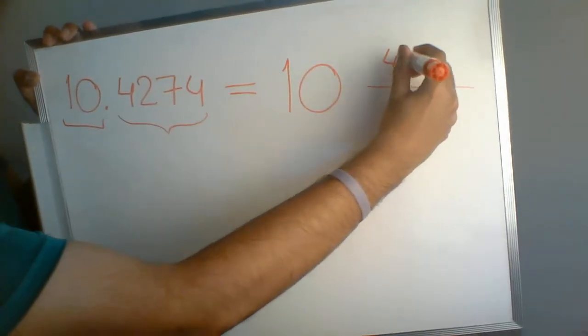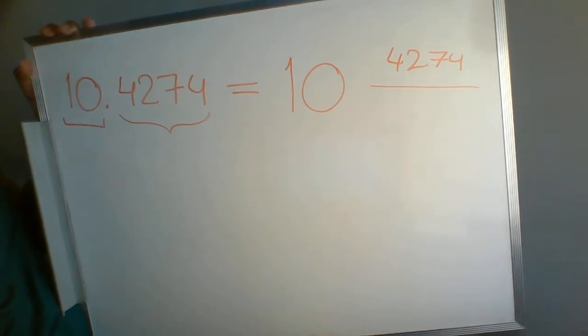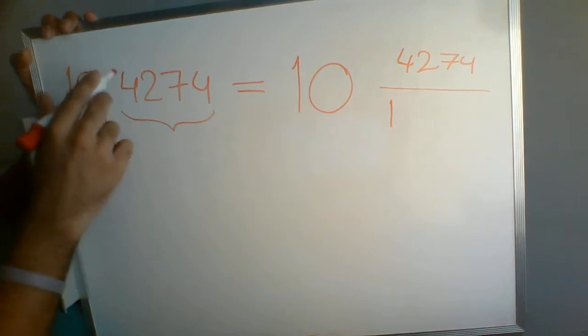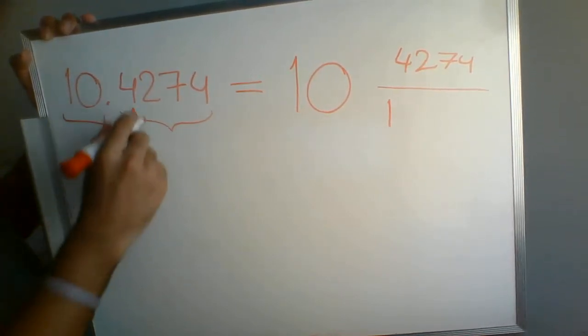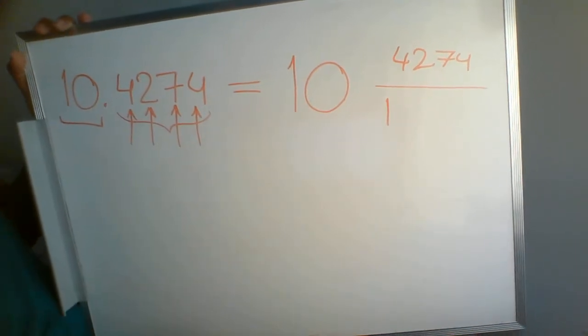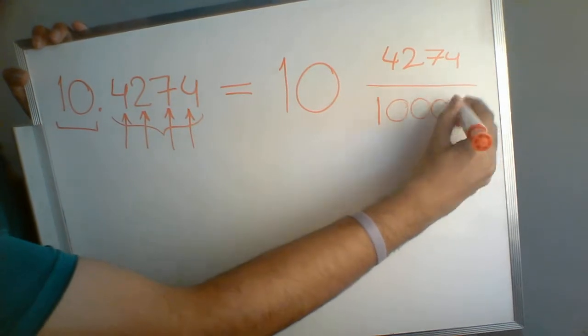So we've got 4274 as our numerator. And then for our denominator, we're going to put down a 1. And then we're going to count how many digits we have after the decimal point. So we've got 1, 2, 3, 4 digits after the decimal point. So I'm going to throw 4 zeros after the 1